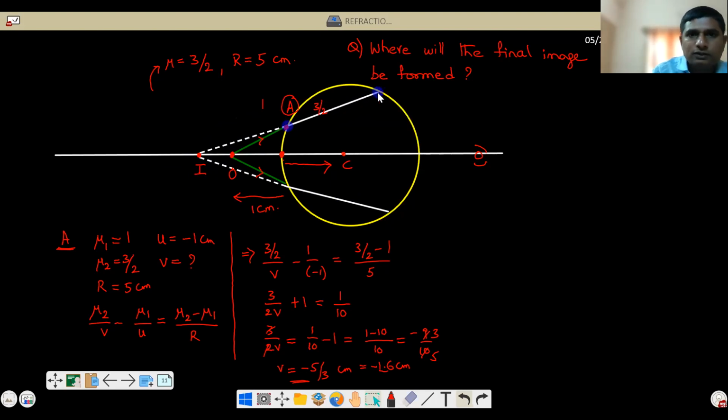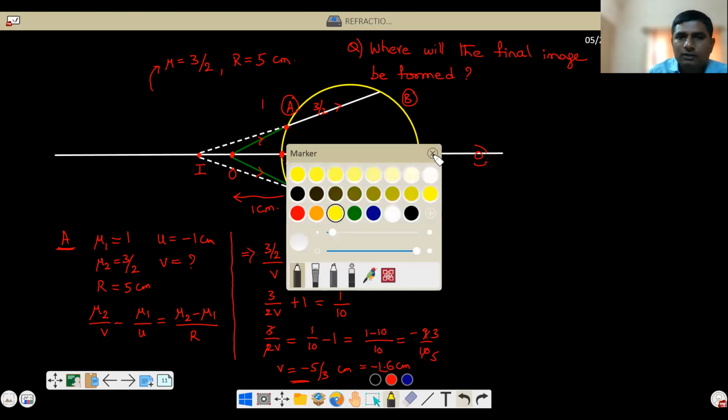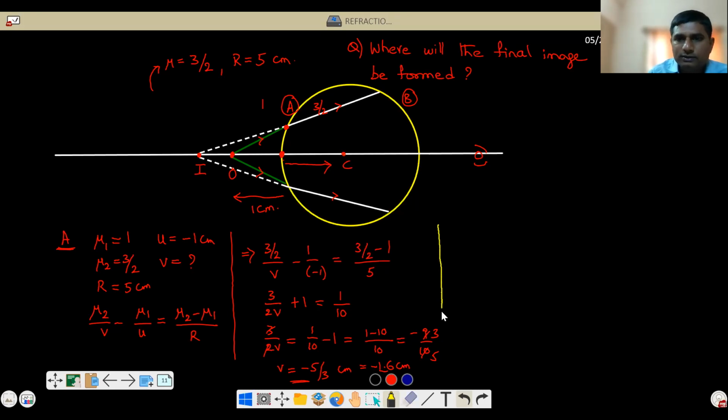Like this. So that means now these white rays, which are the refracted rays for the surface A, will become now incident rays for surface B. Now they are incident on surface B. Correct or not? Now this is a second surface. Second surface B. Okay. So therefore now you consider second surface B. So at B, consider refraction at second refraction.